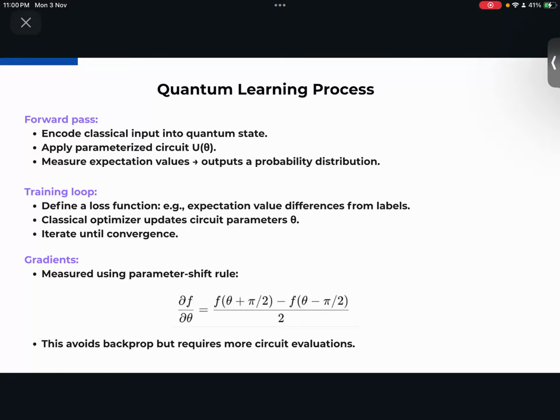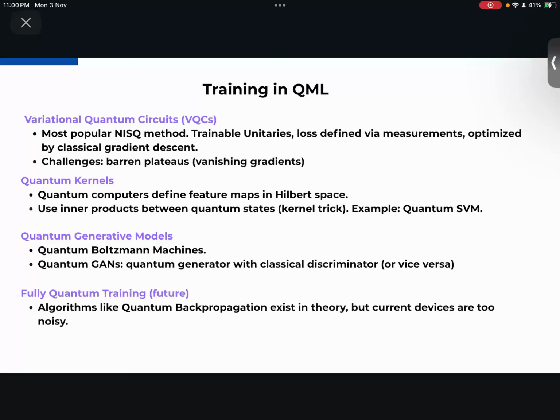Okay, this can avoid backpropagation, but in practice it's a little bit critical, because you need to do circuit evaluation, and then you need also more qubits to ensure that. For the training, as I mentioned before, we have one version of the models, which is the VQCs, which is more suitable for the current quantum hardware, because you don't require that many qubits. But it has the challenge of the barren plateau, so the vanishing gradient. The gradient vanishes faster, and this has not been solved yet.